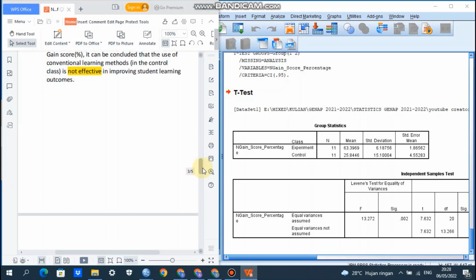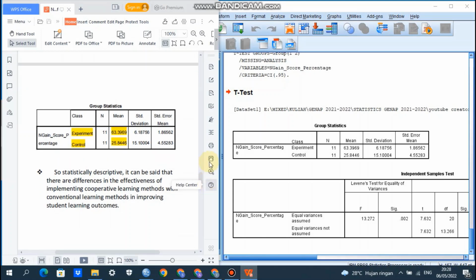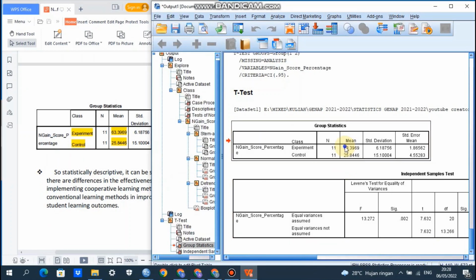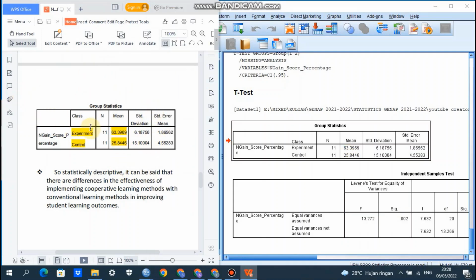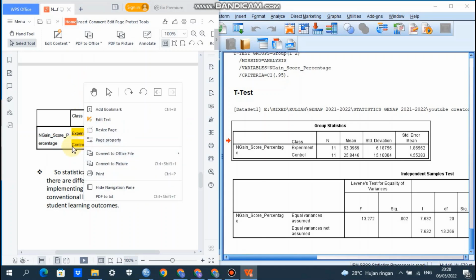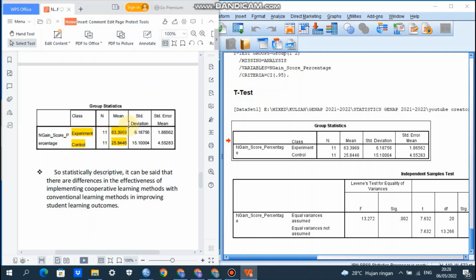Okay, that's from the group statistic. Here, I have already copied this one. Later, you can just copy it and go to your MS Word file and paste it. Here, the mean for N-gain score percentage for experiment class is 63.3969, and for control class is 25.8446.